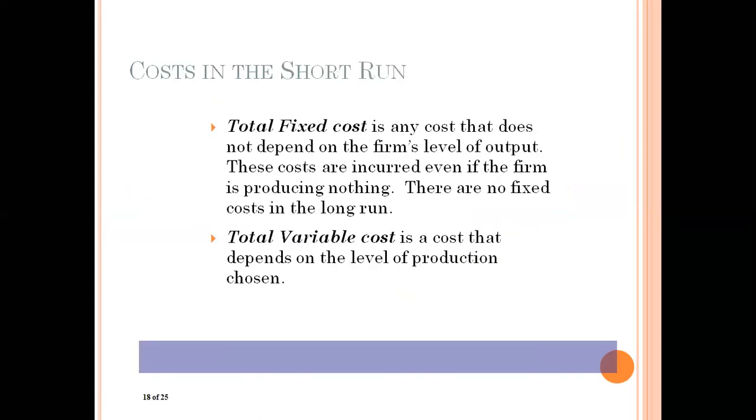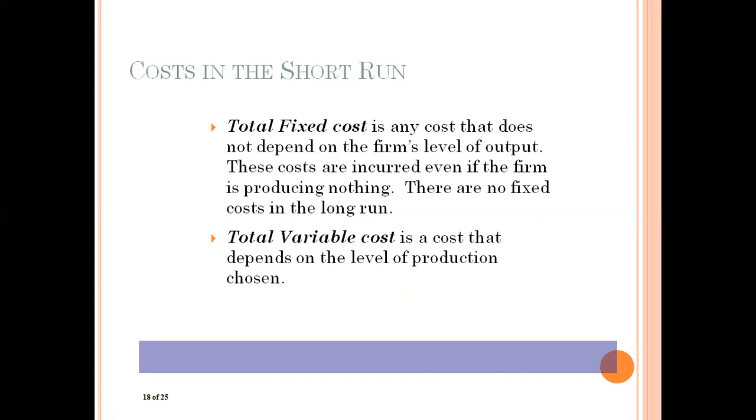So let's study the total cost. Let us first study total fixed cost. This is of course the fixed cost only, where we simply say that it does not change with the change in level of output, which means whether you are producing 0 units, 10 units, 100 units, or 1000 units, the total fixed cost is always the same.